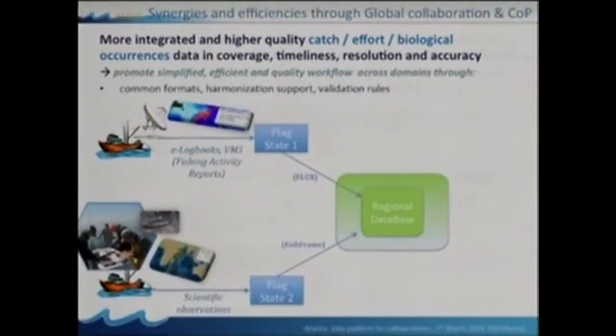These are two examples for which we had a lot of discussions and we made substantial progress. The example of e-logbooks and VMS data used in monitoring, control, and surveillance that flow from fishing vessels to flag states. The example of scientific data collected by observers on board that flow also to flag state, but research institutes in this case. And the increasing need to develop regional databases in support of stock assessment or in support of fishery management plans, and how to